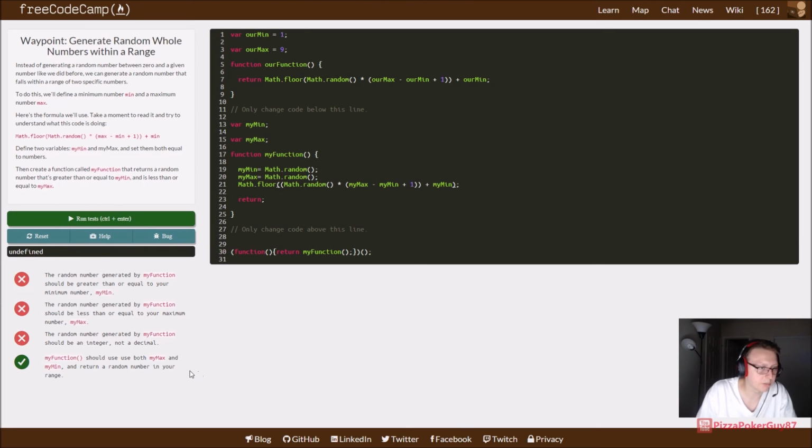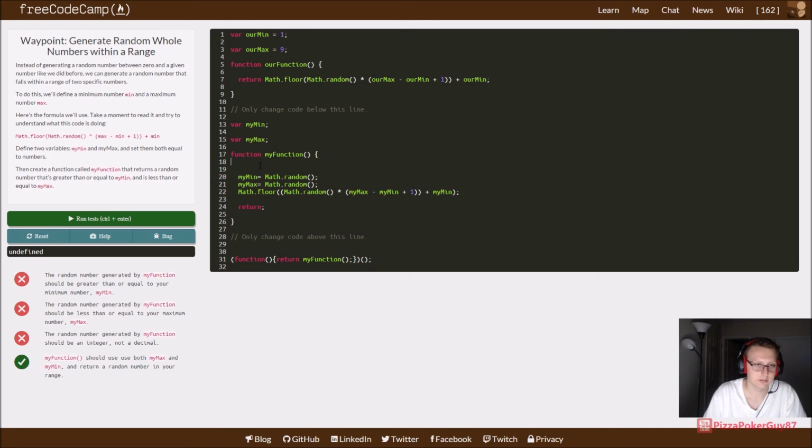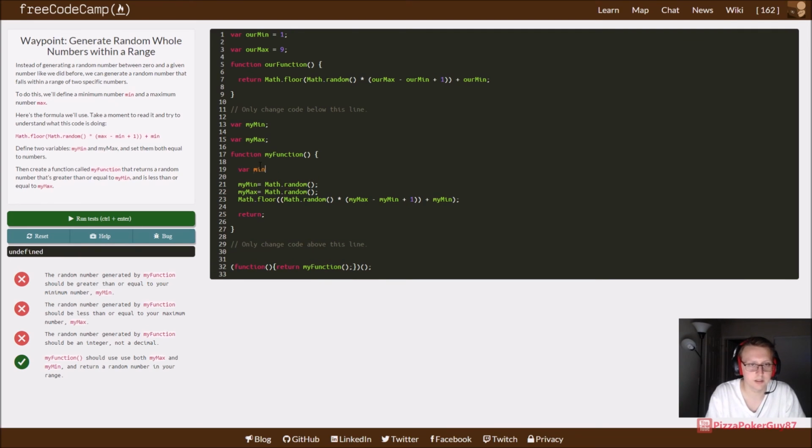My function should use both myMax and myMin and return a random number in your range. The random number generated by my function should be greater than or equal to my minimum number. So, I don't understand what the math.floor does. This is going to generate a random number. Actually, let's do it like this. We'll say var min is equal to